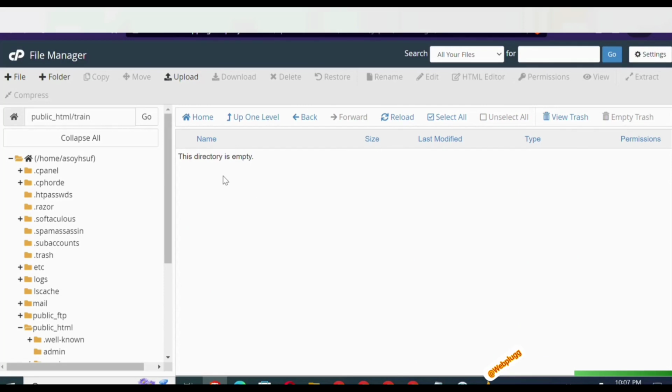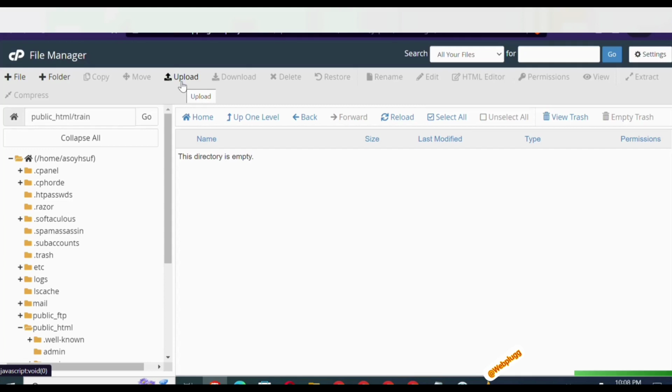Now let me go back a little bit. Let's say for instance you're getting your domain name and you're getting your hosting, like let's say you're doing this for the first time, or you're doing it for a fresh client. Just get your domain name, your hosting, and then once you log on to your cPanel, locate your file manager, locate your public_html, and then you'll be brought to this same place. Now once you've gotten to this extent, if you're doing this for the first time, come to your public_html and do not create any folder. On public_html, you just have to click on upload,